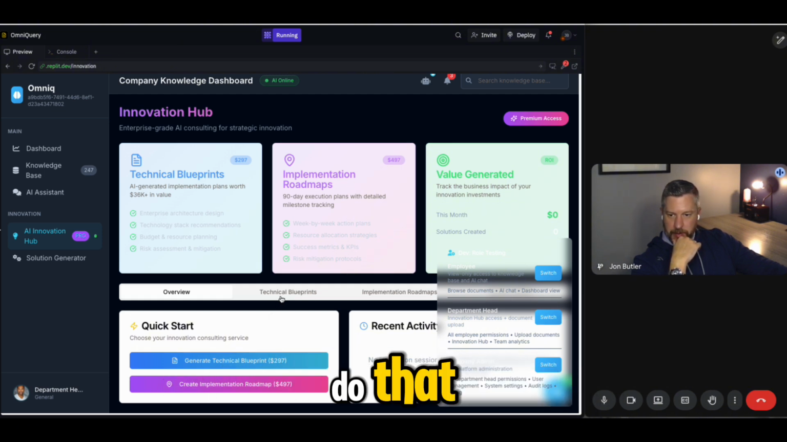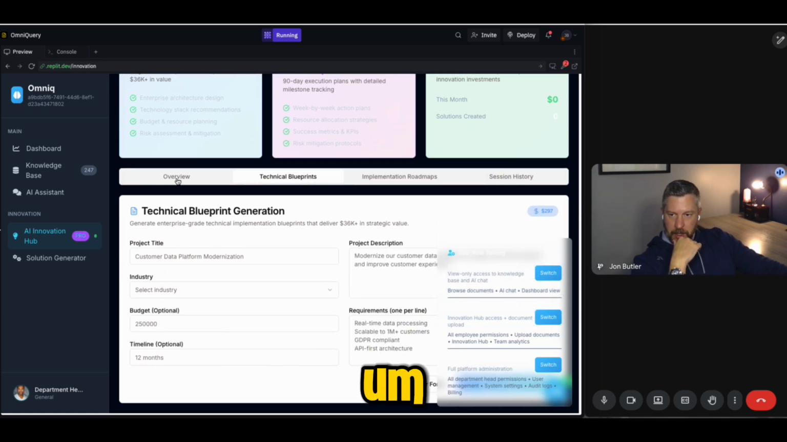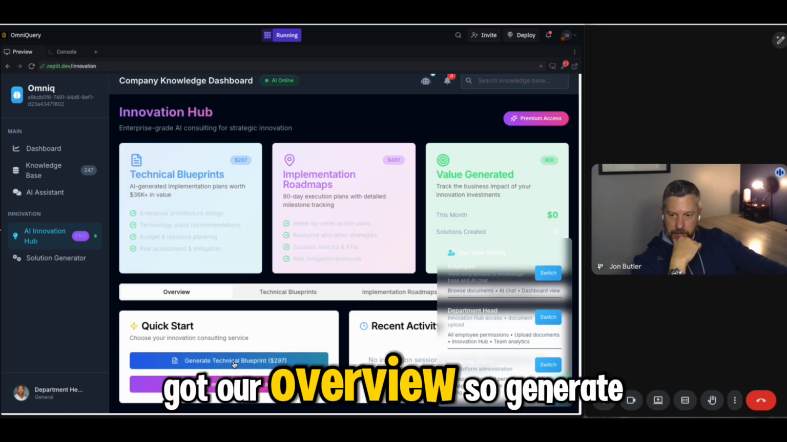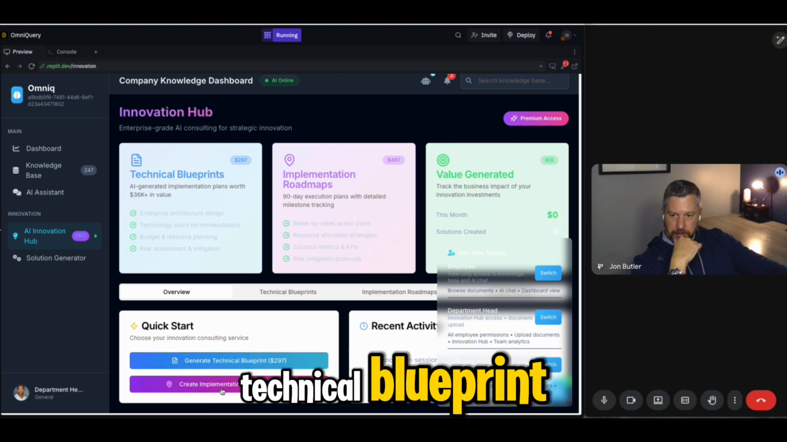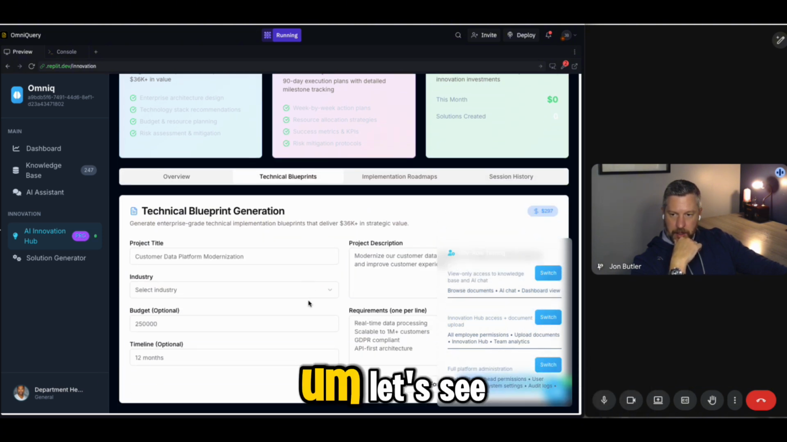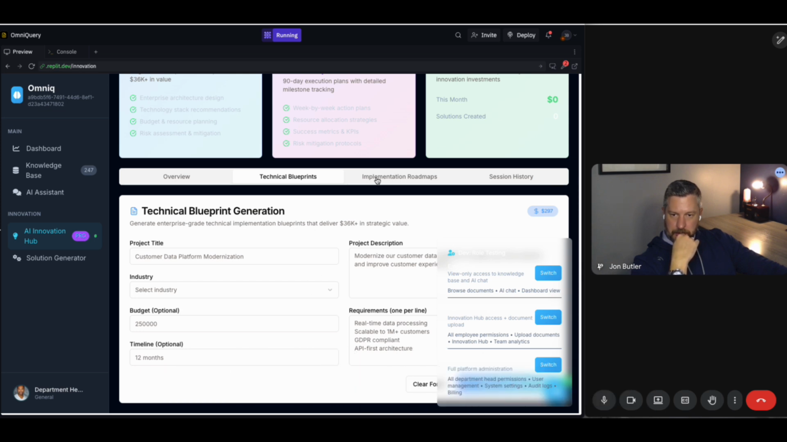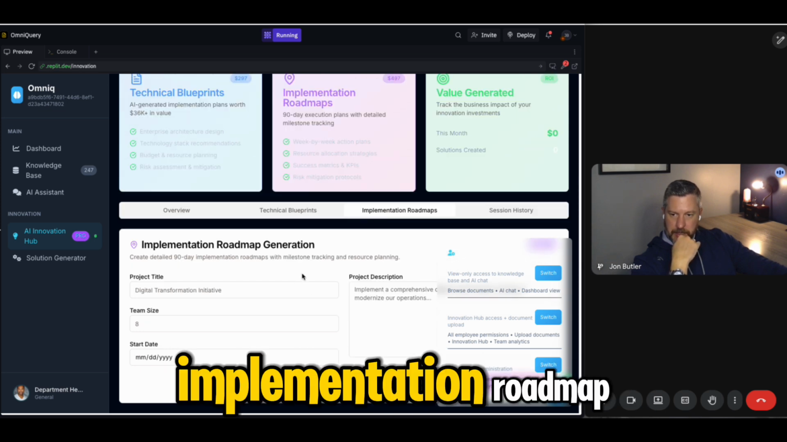Not sure how it's going to do that, but we'll work on that. So, got our overview. So generate technical blueprint, create implementation roadmap. Let's see. So technical blueprint generation, implementation roadmap,